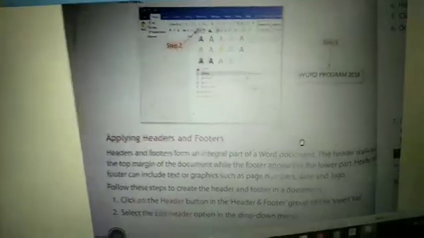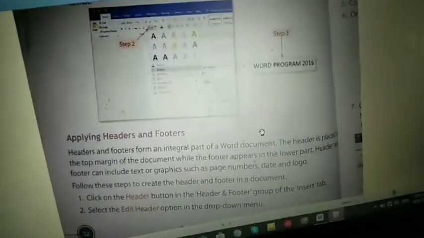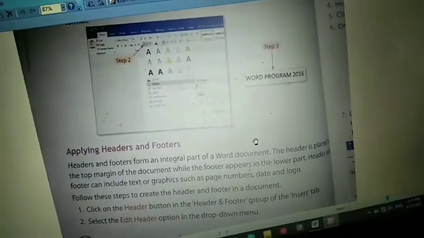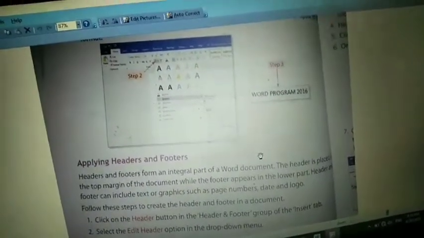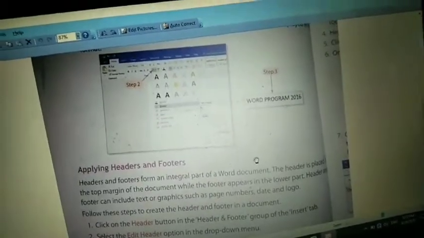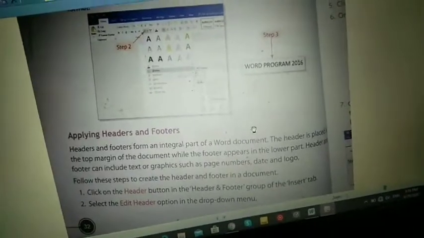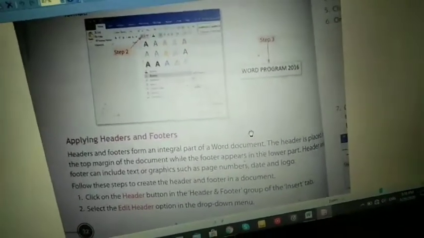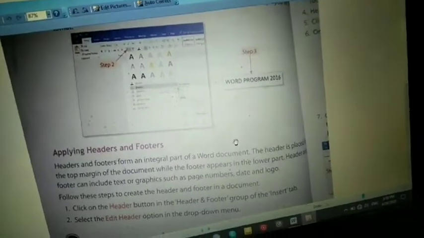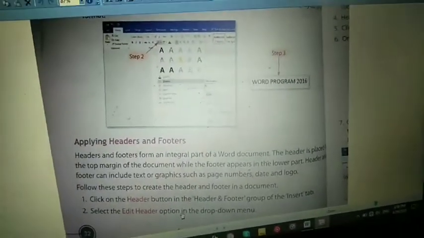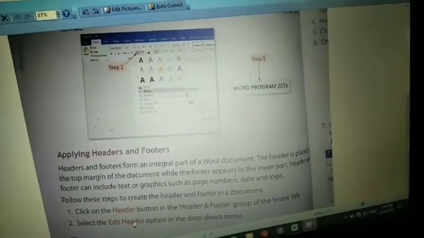Header is positioned at the top of the document. Footer is presented at the bottom of the document. Understand? Inside the header and inside the footer, data will be the same. You can enter a number or picture or any font or anything is possible for both locations, either in the footer or header. Data will be common, but only the position differs: header is at the top of the document, footer at the bottom of the document. Okay, so that's all. And now we will see how to apply this header and footer in your page.